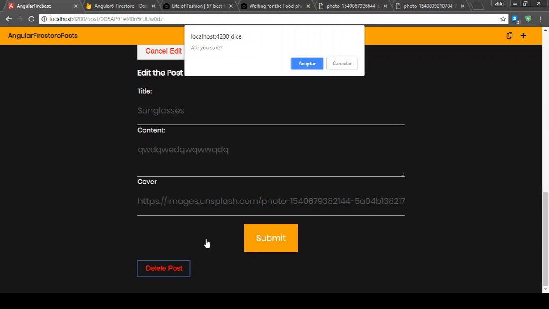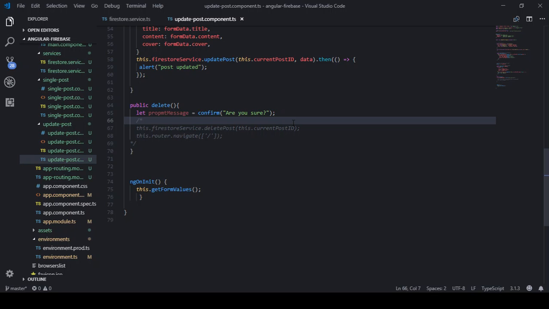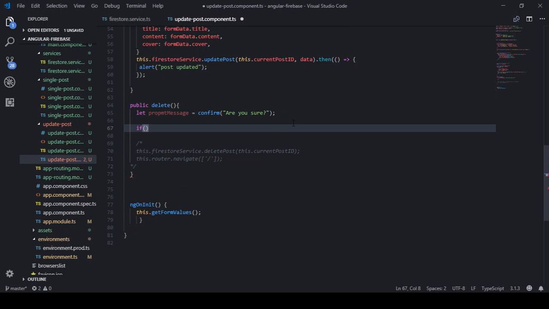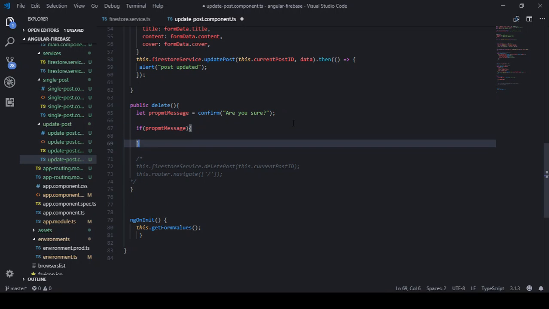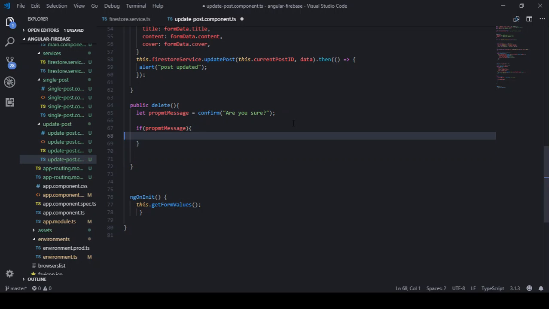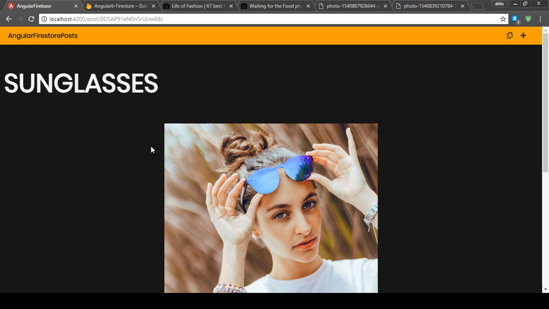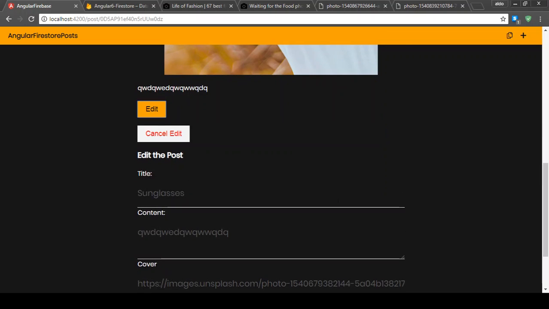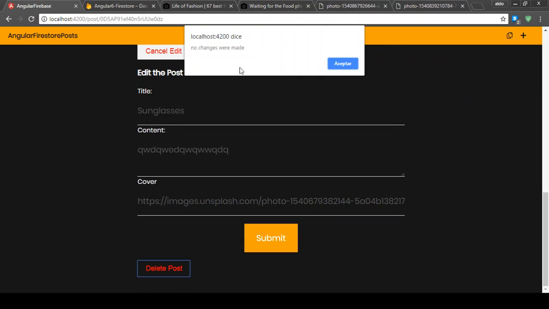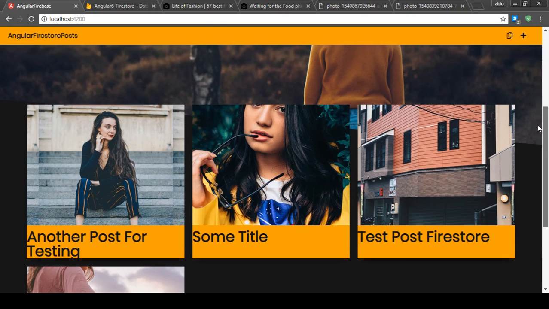So right now, if I click accept or cancel, nothing will happen, because we need to get this if. That's why I got this inside prompt message is equal. Okay, let me get this. It should work with this. Let me get this, delete this, paste that, else, alert, no changes were made. Let me see, because I'm a little rusty on this confirm. So okay, got updated. Delete post. Cancel: no changes were made. Accept, and we still have our post. Accept, and the post was deleted. Okay,